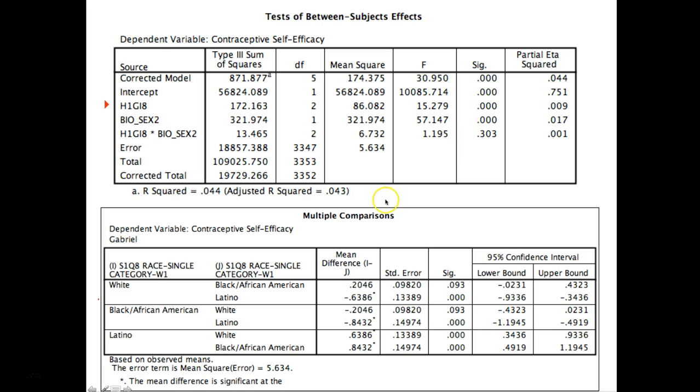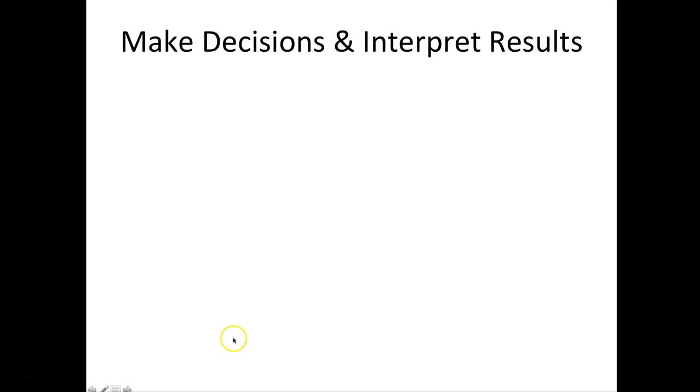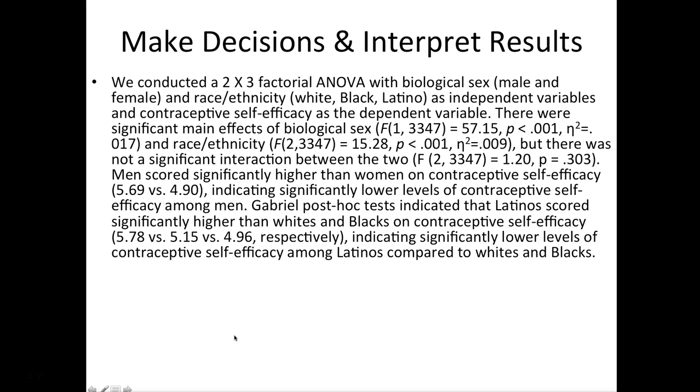And so for the race ethnicity variable, because we have more than one level of that variable, we ran a post hoc test. This is our Gabriel post hoc test down here, and we can look and see where the differences are. If we look at this pattern of differences, whites are significantly different from Latinos, Blacks are significantly different from Latinos, and so we know, of course, that Latinos are significantly different from both groups. And when we're talking about this, we write this up, which is a very similar write-up as you'll do in